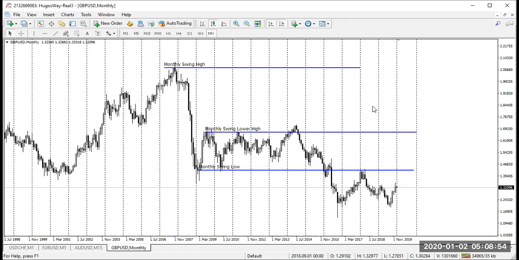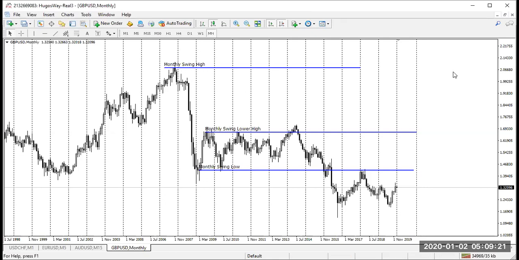For today's educational purposes, we will be breaking down the pound USD as well as going over the previously broken down Euro USD and USD CHF. Today, January 2nd, 2020. And let's begin. As you see, I've already pulled up the monthly chart, and I started at the monthly